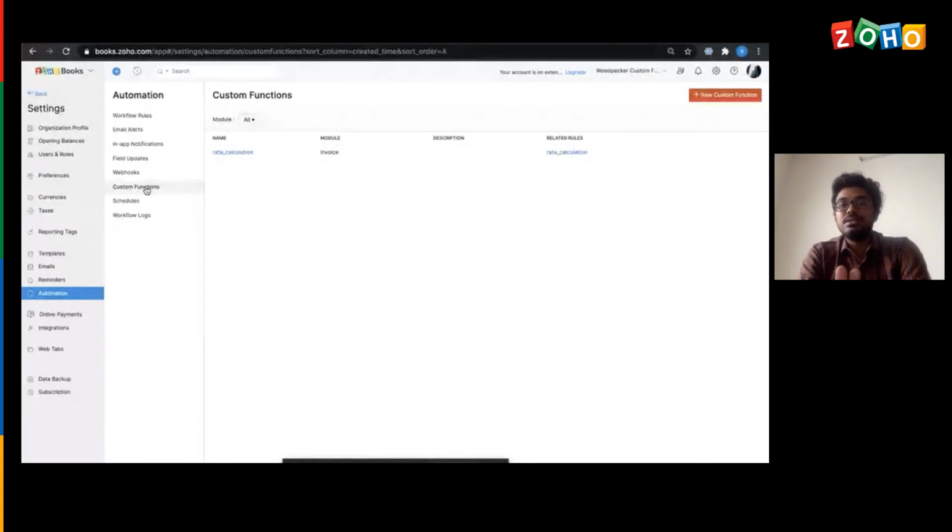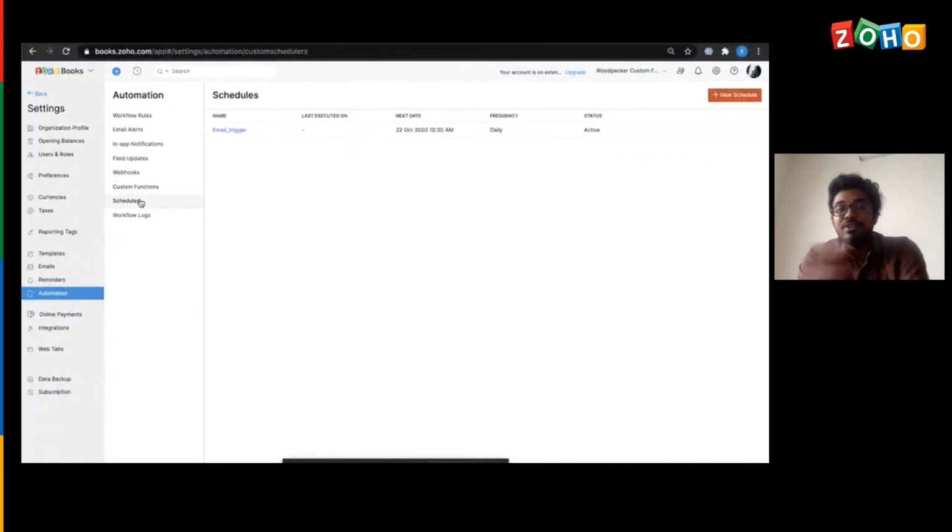So this is just a simple example of what I have explained, which could be performed using a custom function. But there are a lot more things that we could do with the help of this custom function. It is purely based on your requirement. We do have API codes to input or make corrections to any of the transactions that have already been posted. With the help of those API codes, we could automate it by writing a small Deluge script under this custom function feature, and we can get it automated using the workflow rules feature which we have.